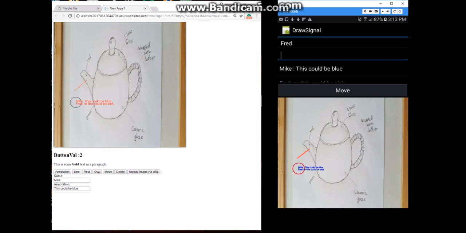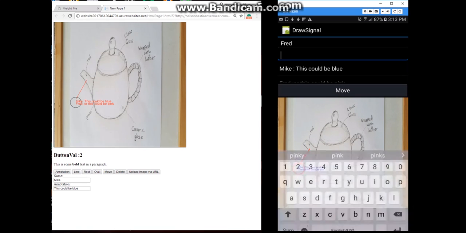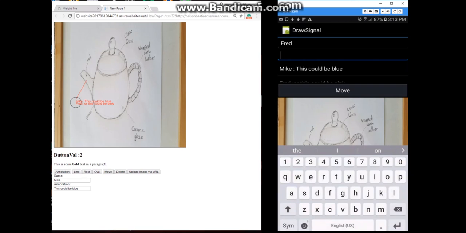Now we can move it around. And for the Android version, we can toggle through the different features by clicking on the button. And with the web version, we simply click the button. So you can choose annotation, line, rectangle, oval, move or delete. We're going to add an annotation for Fred,